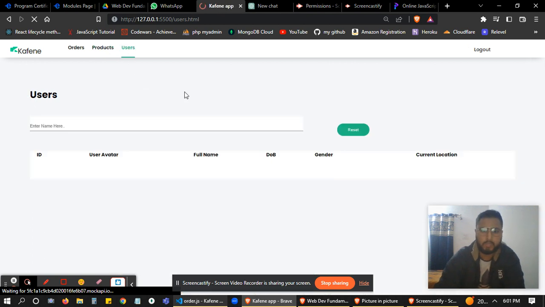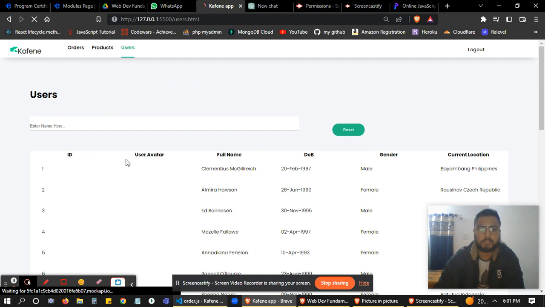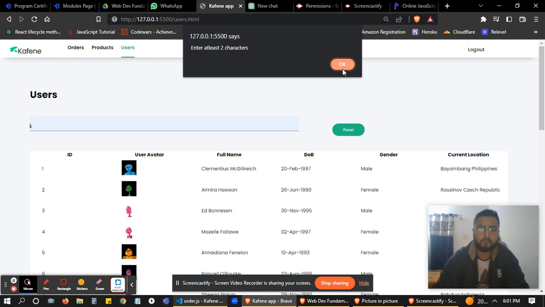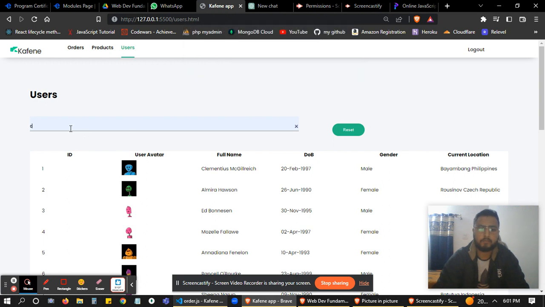Now we move forward to the user page. In the user page, there is ID, avatar, full name, date of birth, gender, and current location. Here I made the functionality that we can search and filter this data by using the first name and last name. You can see the full name. In the full name, we have the first and last name. Here, one more functionality: if we enter only one letter,